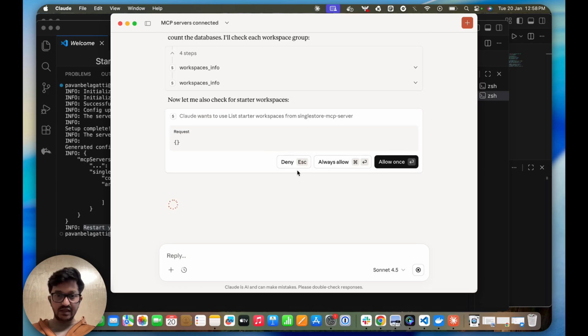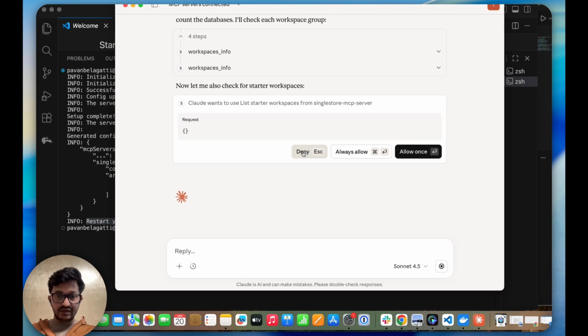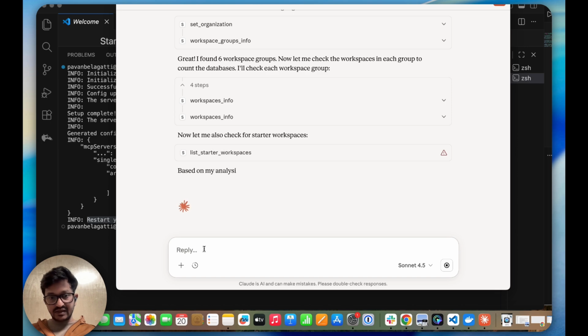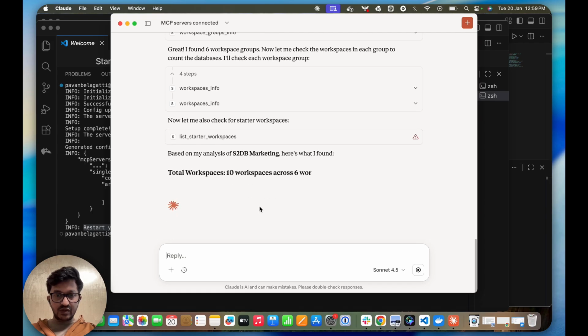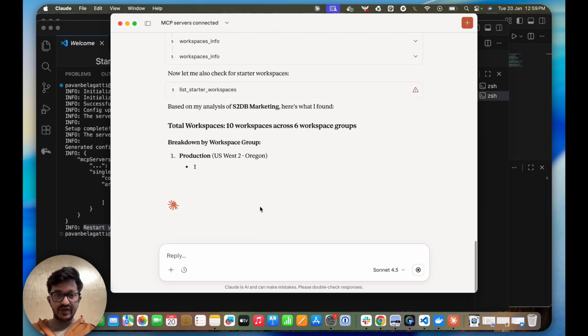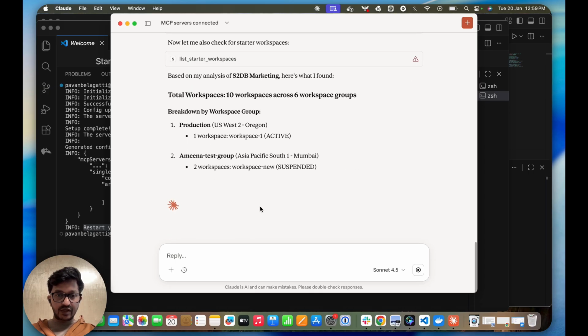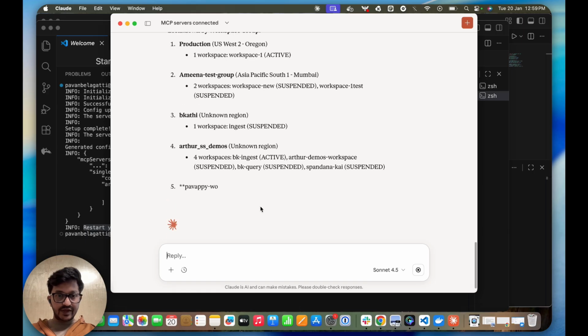But let me deny this and then let me ask from... So total workspaces, 10 workspaces across 6 workspace groups, breakdown by workspace group, production. So yeah,